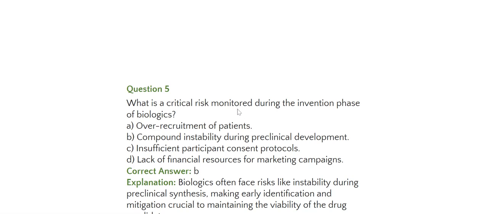So what is a critical risk monitored during the invention phase of biologics? Definitely it's the instability. B is the answer, compound instability during preclinical or early stage development, as biologics often face risks like instability during preclinical synthesis, making early identification and mitigation crucial to maintaining the viability of the drug